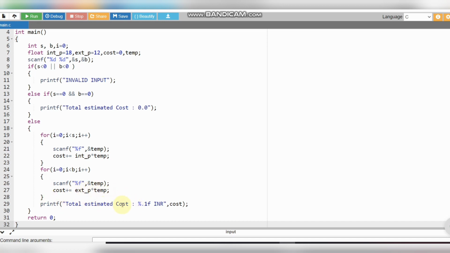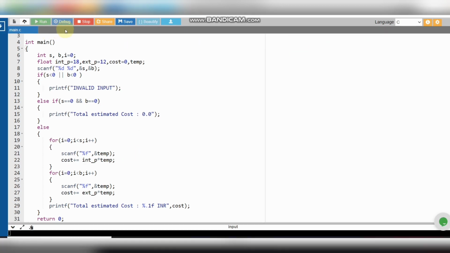And now finally we will have to print the cost price. So we can print it easily, and if you want to understand this code, you can take a screenshot of it and also print according to the values.